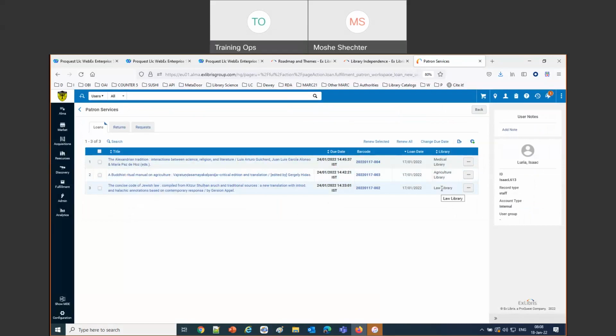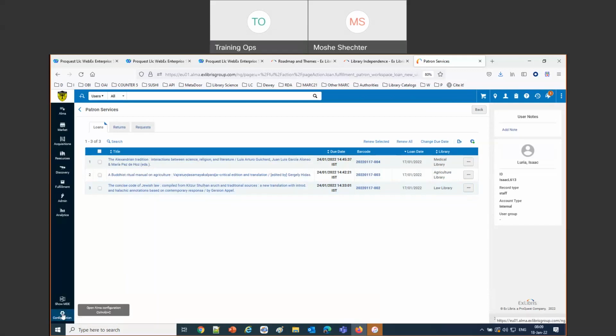The new development which we're discussing now is twofold. One is that if the institution wants to have a separate letter per library when doing the borrowing activity letter, for example, or the hold request letter, or the lost loan and overdue letters, the patron notification letters, it's possible to have separate letters per library and separate logos. So we have a new configuration here.